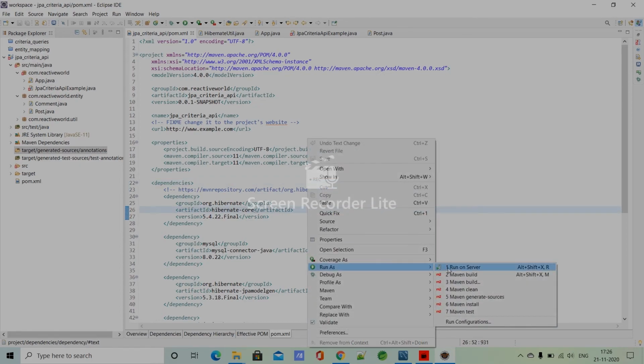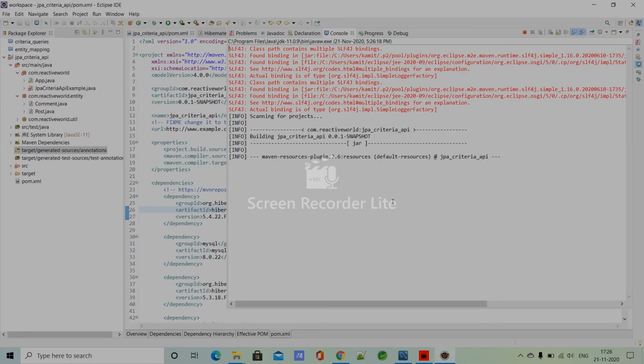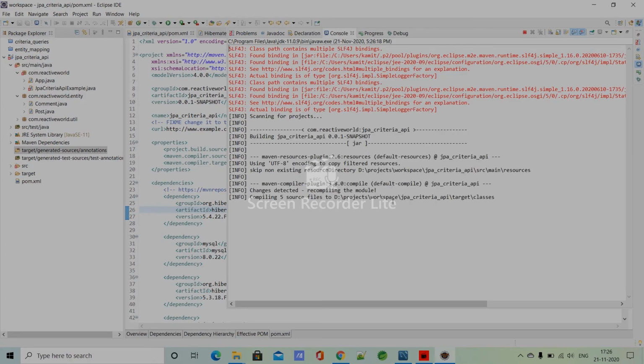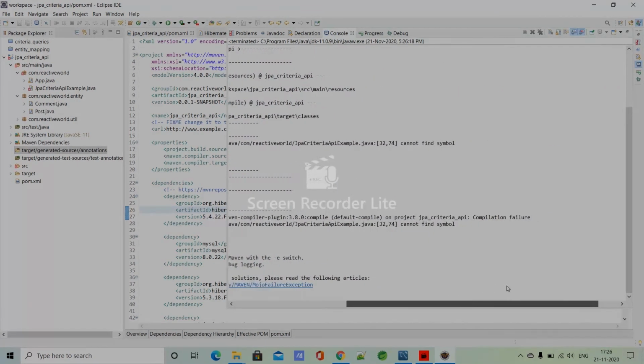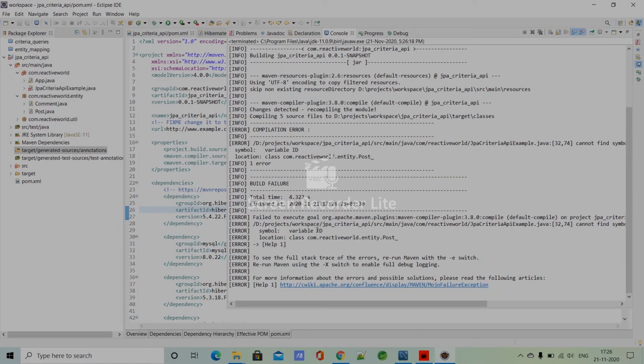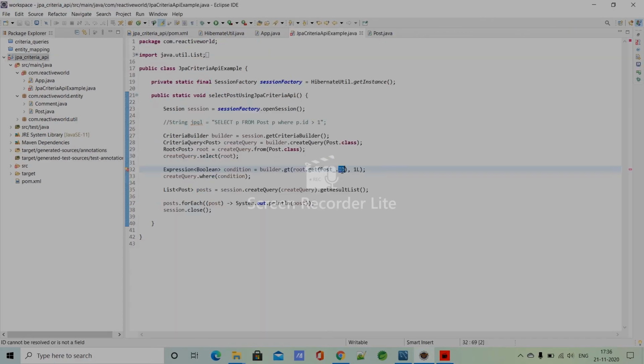Let me show you this error again. Clearly it is specifying that you are using the id variable that is not present inside this Post_ class. Cannot find symbol id. So this is what the meta model generator does.